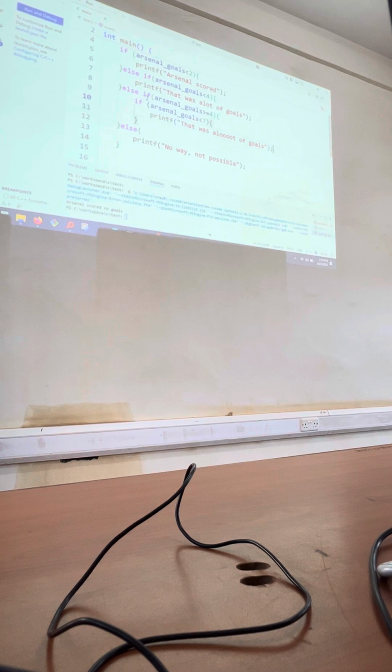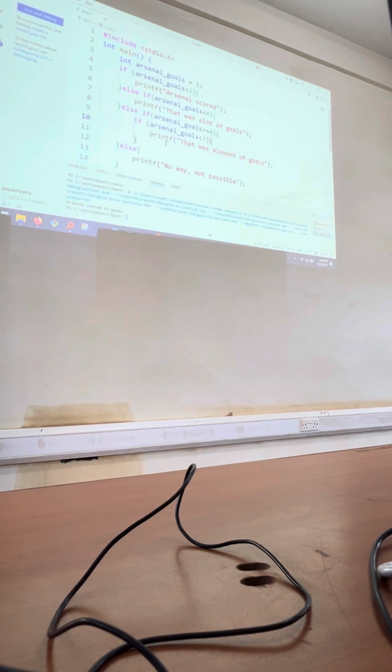So we have the else if, and again within it we have another if statement. This is some kind of a nested if statement. It could also be here: you have an if statement, within the if statement you have another if statement, and within that if statement you have another if statement. In that case, you have a nested if statement. You have if statements within if statements. So it's a nested if statement. So that is about if and else if statements.